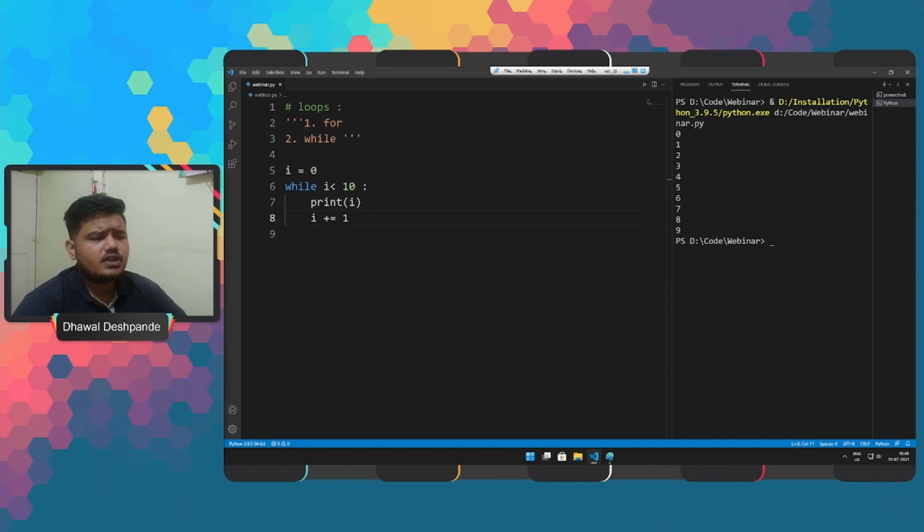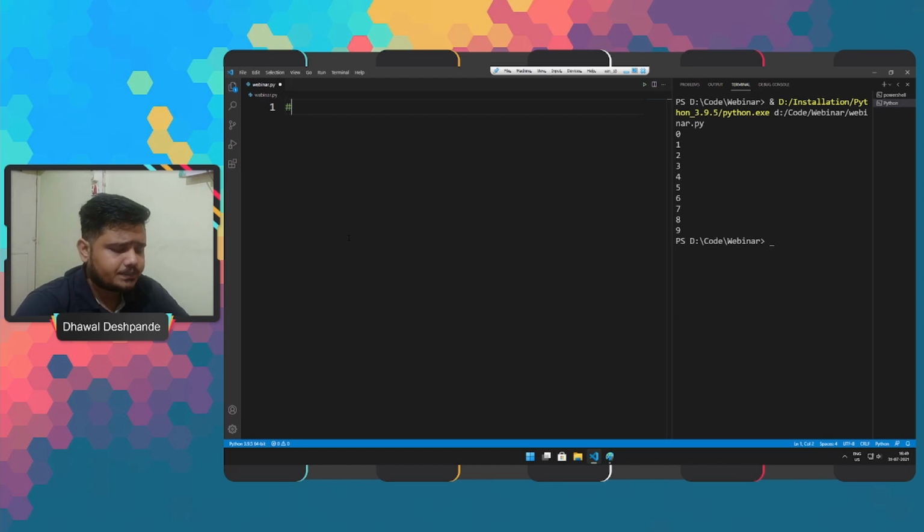So moving forward, the next important topic that we should understand is functions, right? What exactly is a function? We can say that a function is a code block which only runs when it is called.